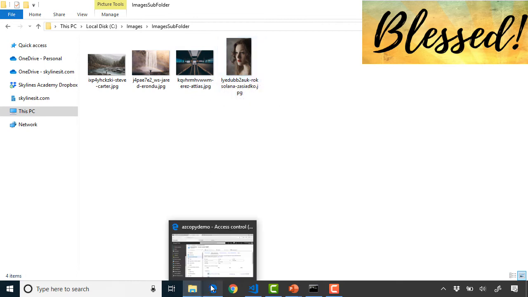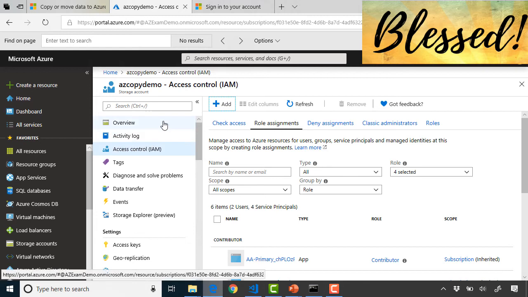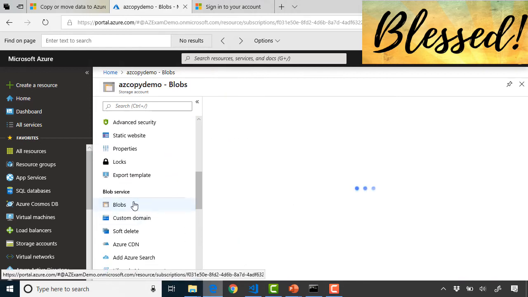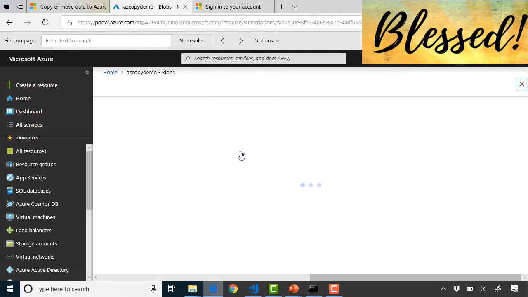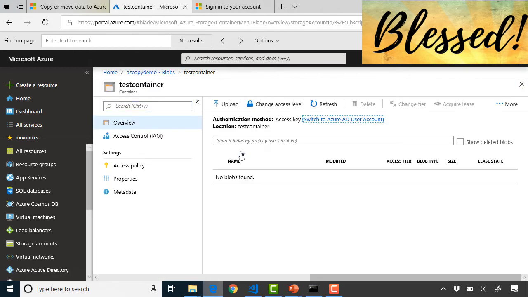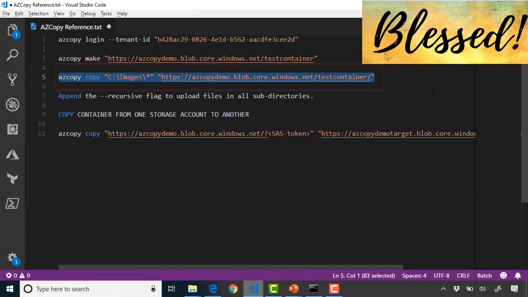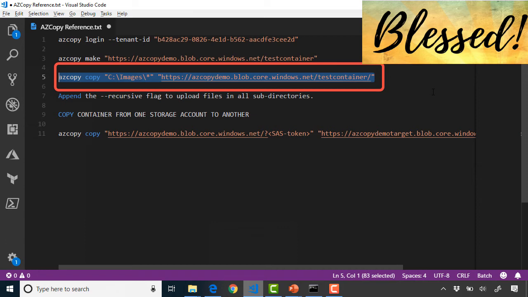If I go back to my storage account and go back to that container, so if I scroll down, go to the blob service, and then select the container, test container, I don't have anything there presently. Now I've saved all my commands, ready to go, and we're going to use this one, AZ copy, the command task action we want to take,